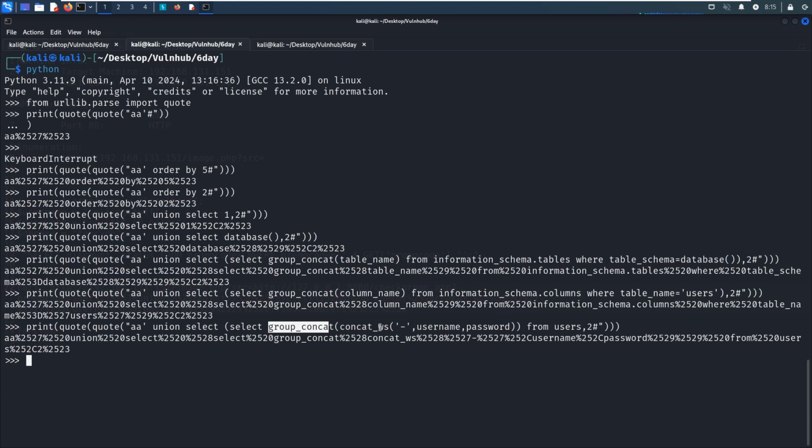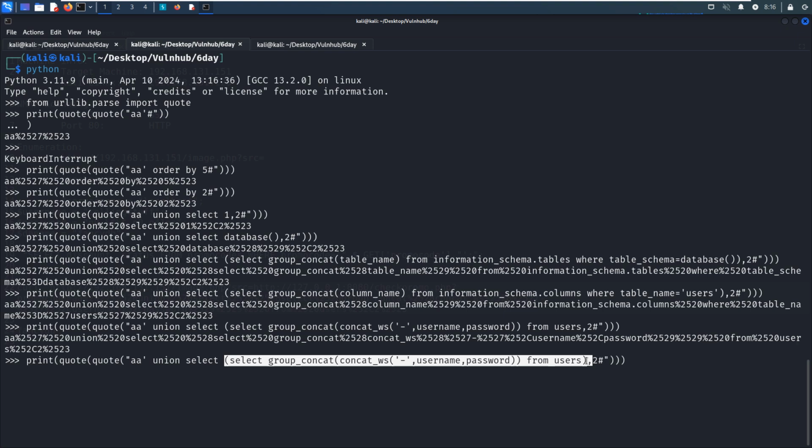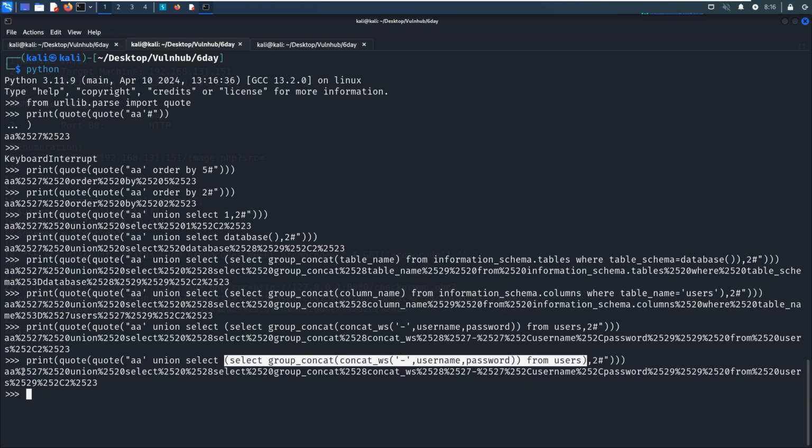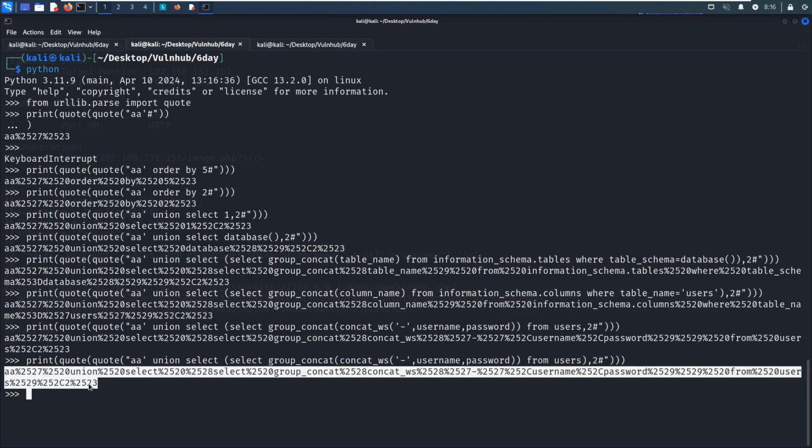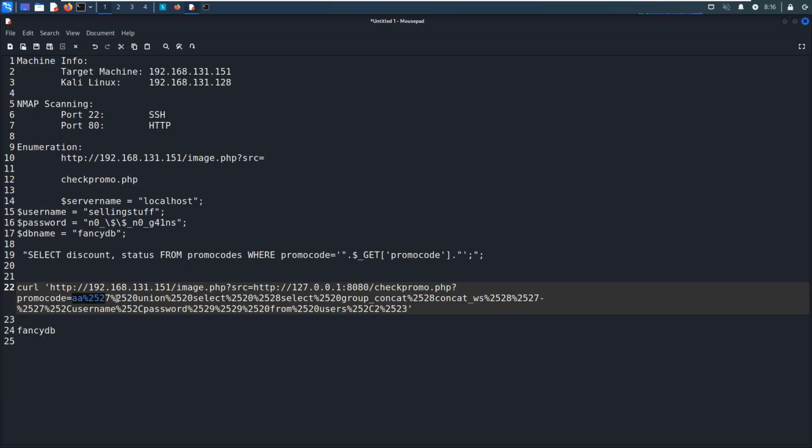So this will combine username and password. Oh, sorry, I missed another bracket. Okay, because this would be this one. This is the entire part, or one. Okay, so now we can press enter, and we can copy and replace this part.